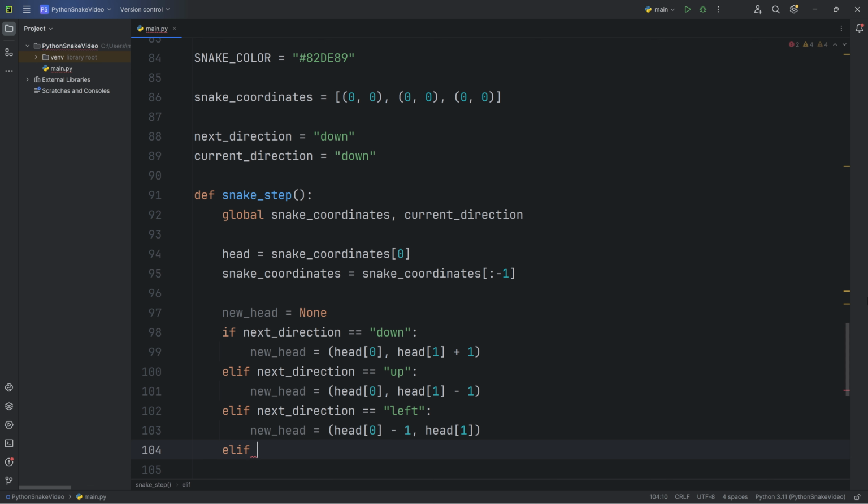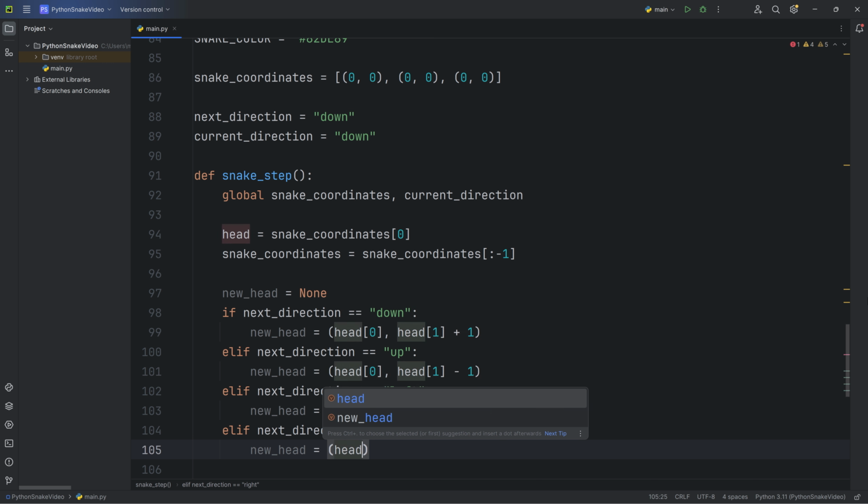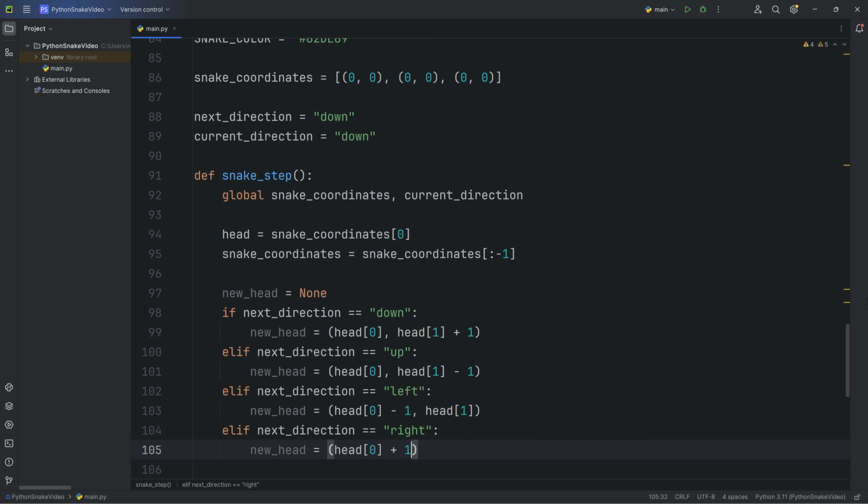If next direction equals right, then new head equals head of 0 plus 1, head of 1.